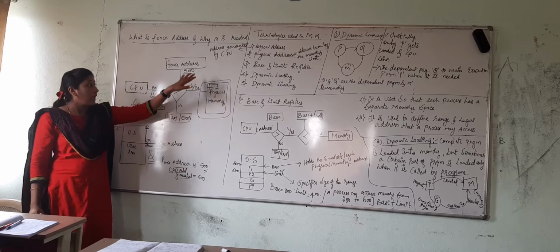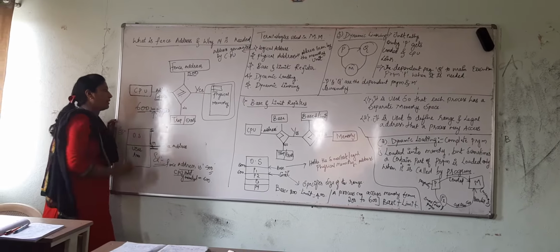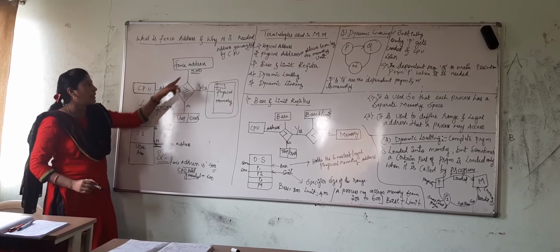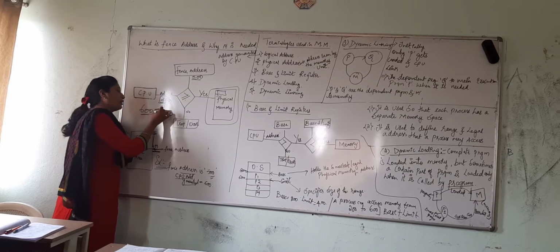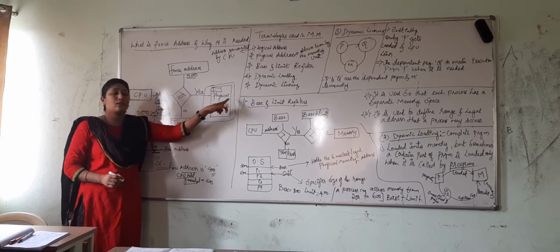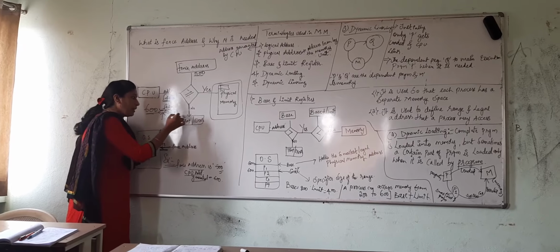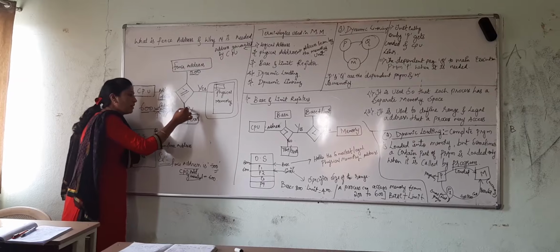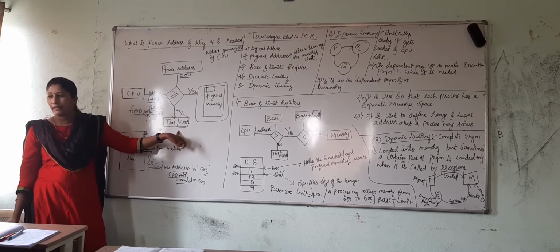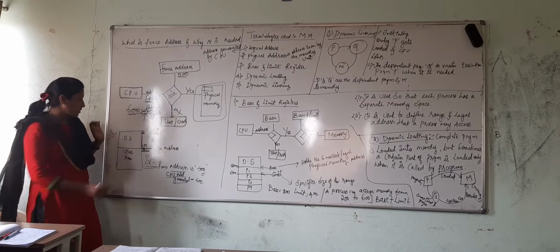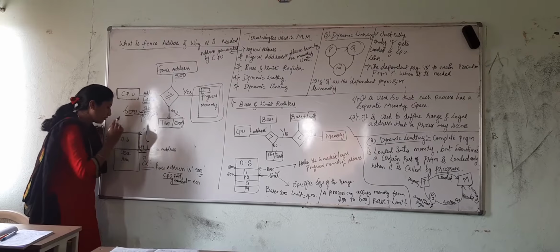In the other case, if the address generated by the CPU is 400 and the fence address is 500, at that time the condition becomes false. What do we do? It is not going to fit into the physical memory. Therefore, the condition becomes false, and we specify that there is no allocation of that process into memory by indicating that an error has occurred. Right? Is that clear?